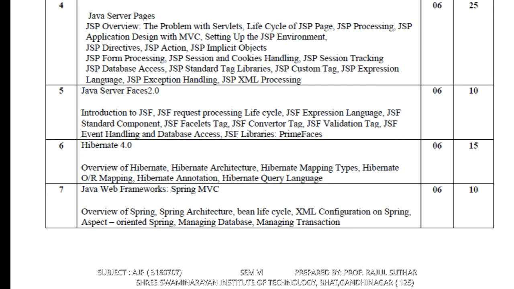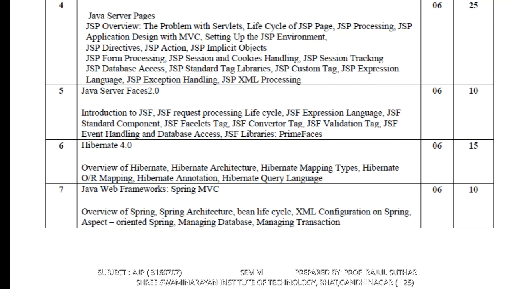In Hibernate we will discuss Hibernate version 4.0, an overview of Hibernate, why Hibernate is required, Hibernate architecture, Hibernate mapping types, OR mapping, and Hibernate Query Language, HQL. This chapter covers 15% weightage, and the last chapter is Java web frameworks, which covers Spring MVC.